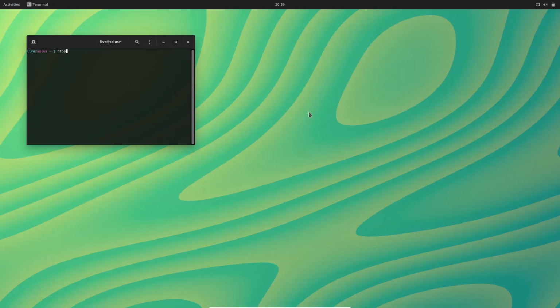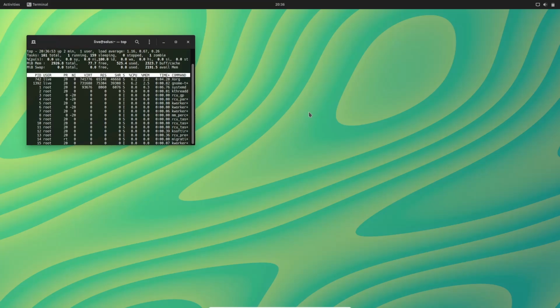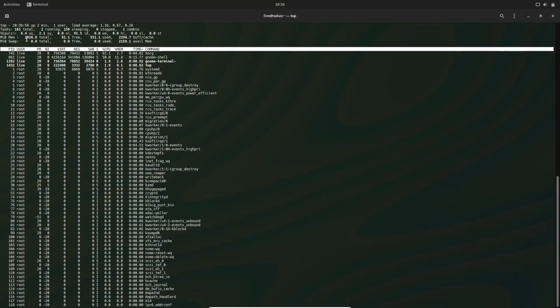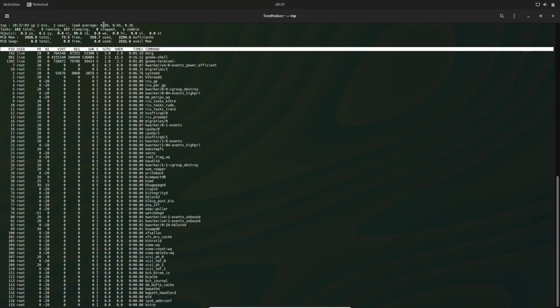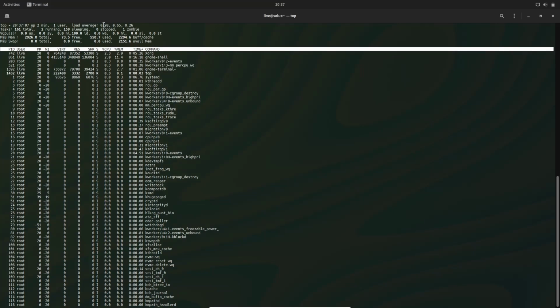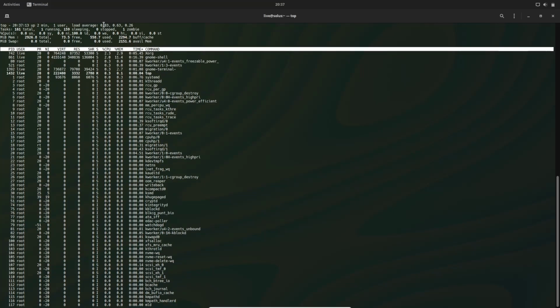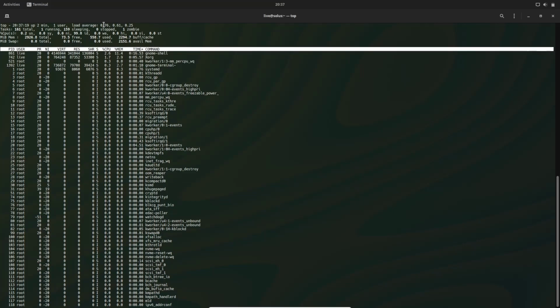Let's see if they have HTOP, and they don't, so we will go ahead and give top a run and go ahead and maximize that so you can see it. We have about 3 gigabytes issued to this machine, and we are presently using 558 megabytes at rest, which is good for a GNOME desktop. Usually they hover between 700 megabytes to 1.3 gigabytes. Let me speak clearly so you understand what I'm trying to say. So for a GNOME desktop environment, that's really light and that's really good.